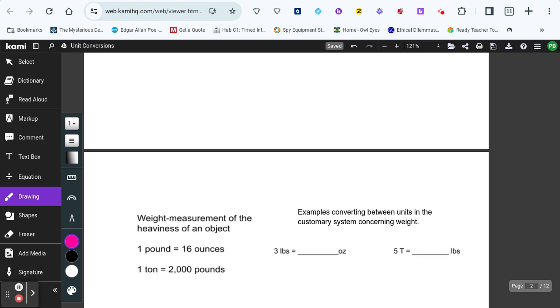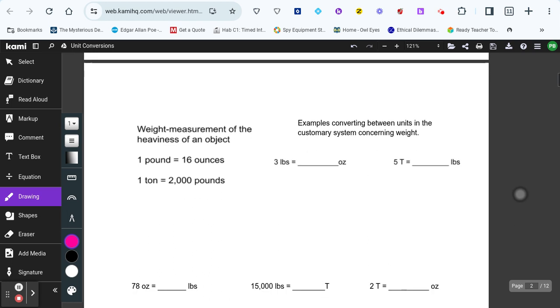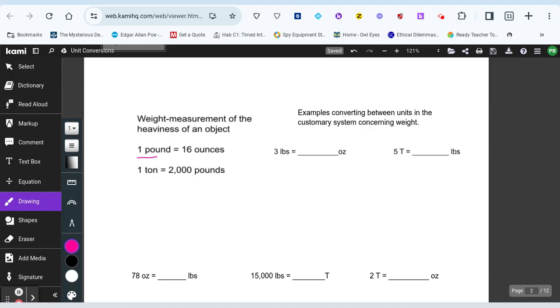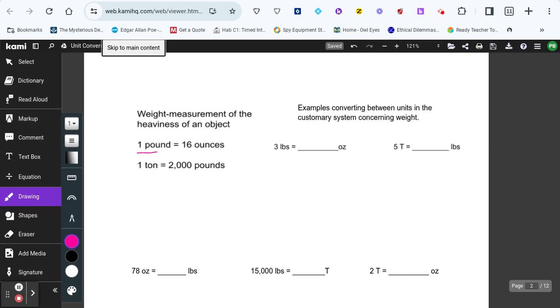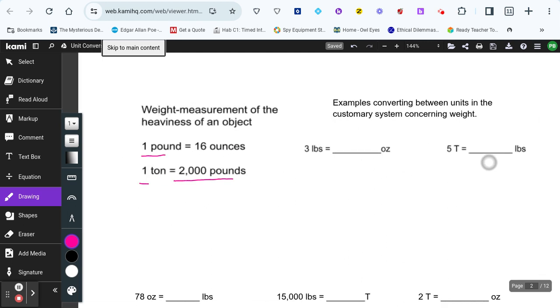All right, let's look at customary weights. Pounds, ounces, tons, and pounds. All right, so let's do page 2. So I know 1 pound is going to equal 16 ounces, and 1 ton equals 2,000 pounds. So I'm going to convert pounds to ounces. I'm going to start off with 3 pounds